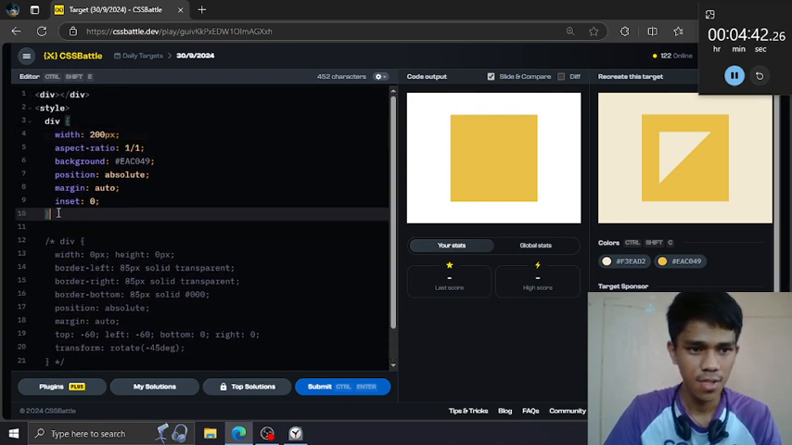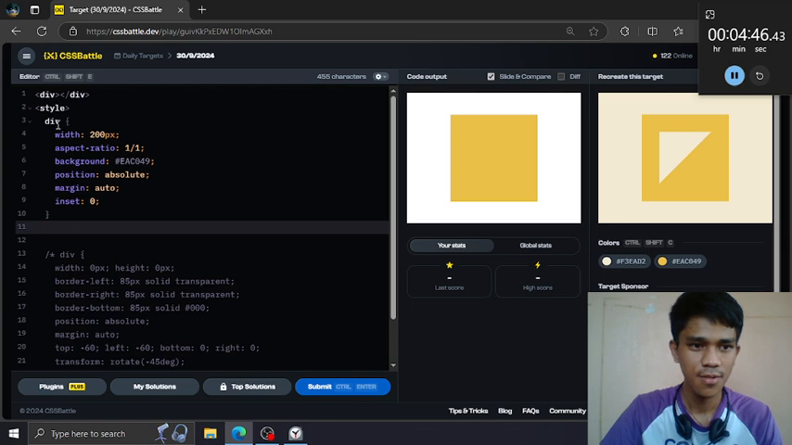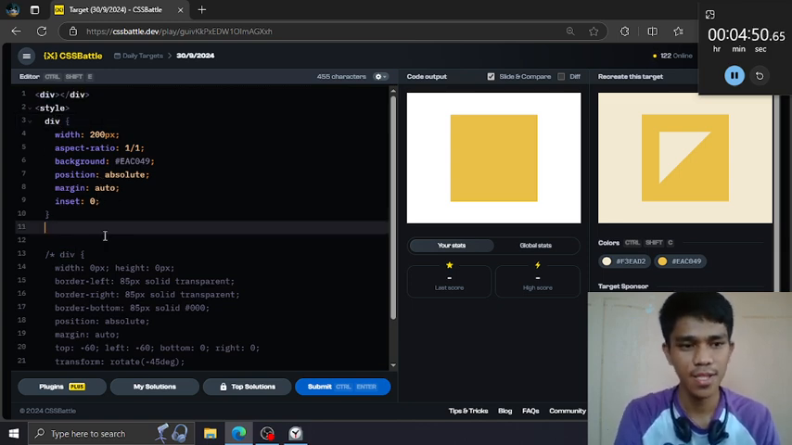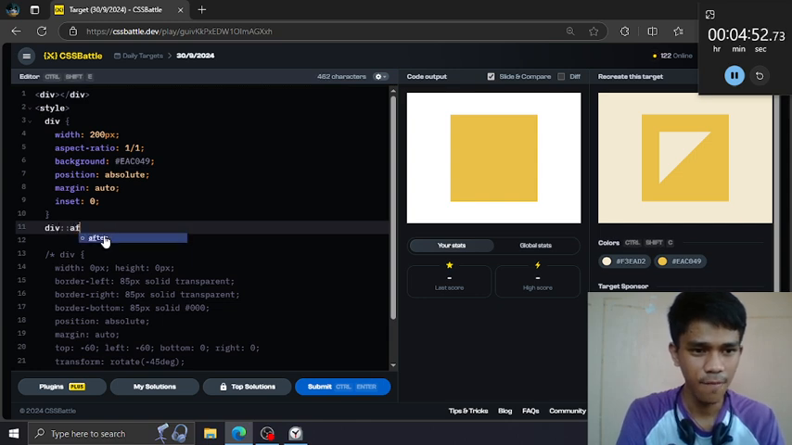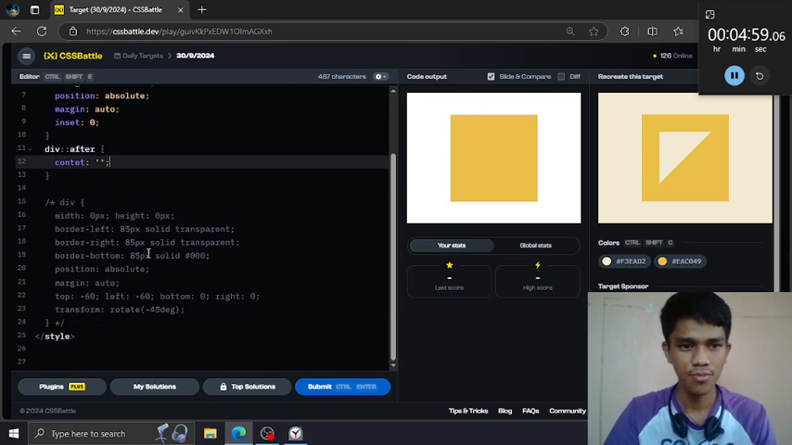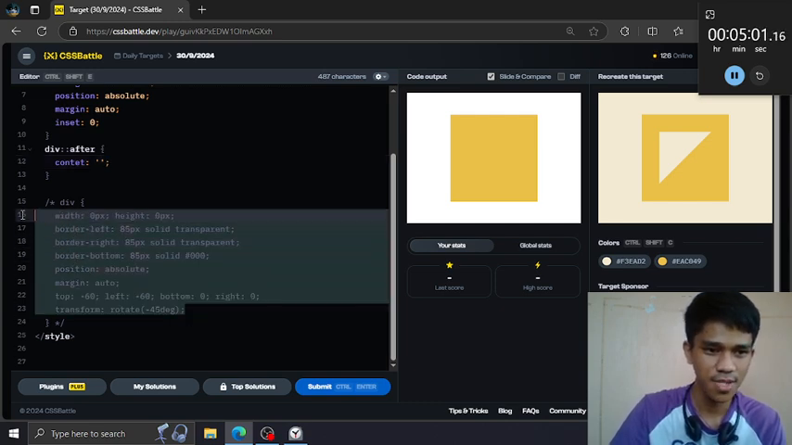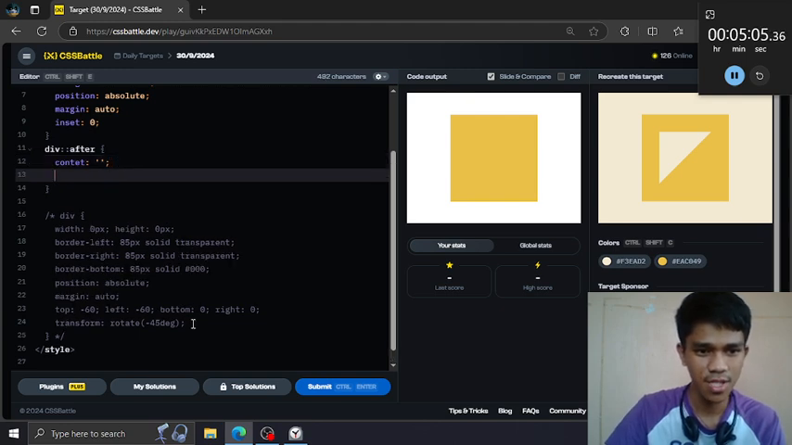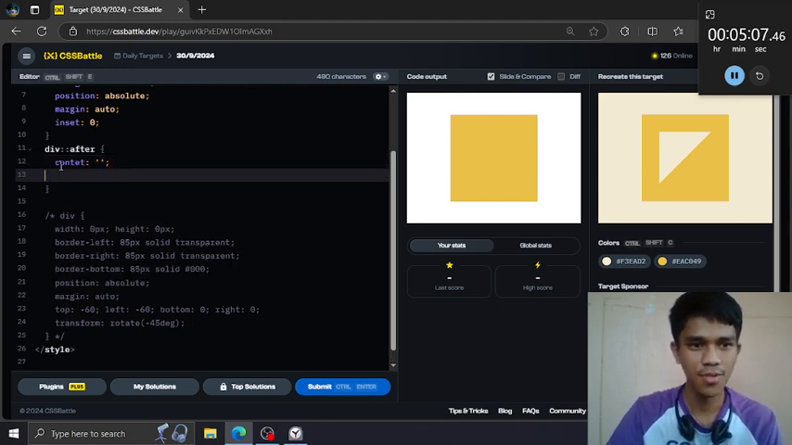from here let's create this triangle, right? So let's create the triangle with the pseudo after element. So div after, this is important. Content empty string to represent the element. Then let's copy the triangle we did earlier and paste it on this after element,